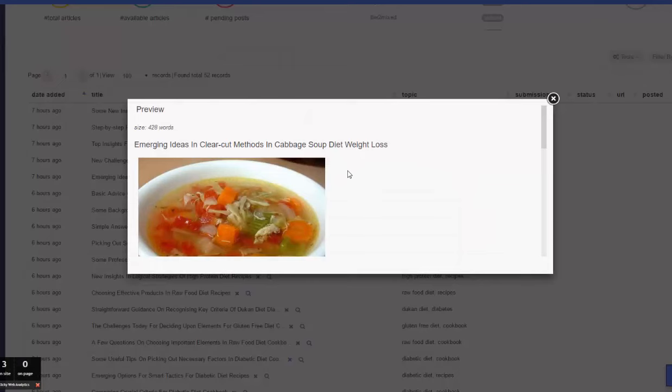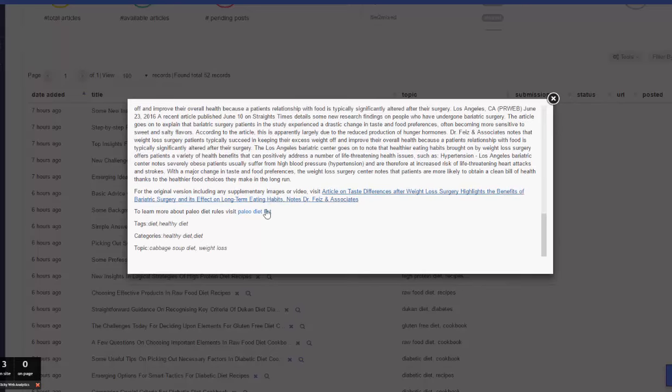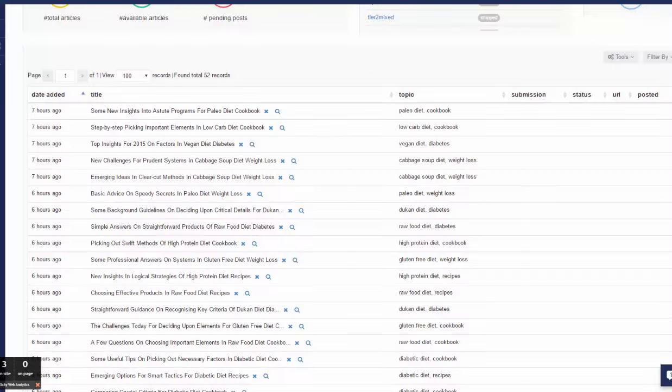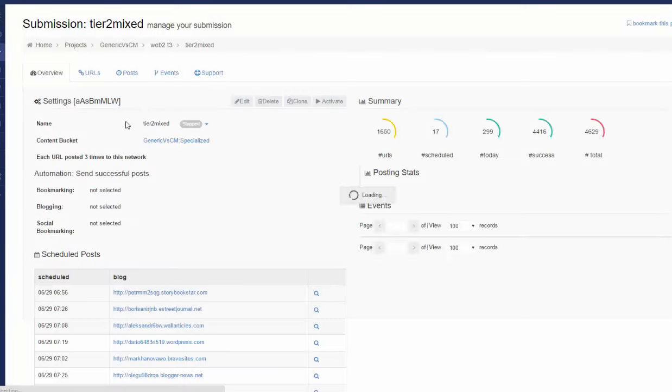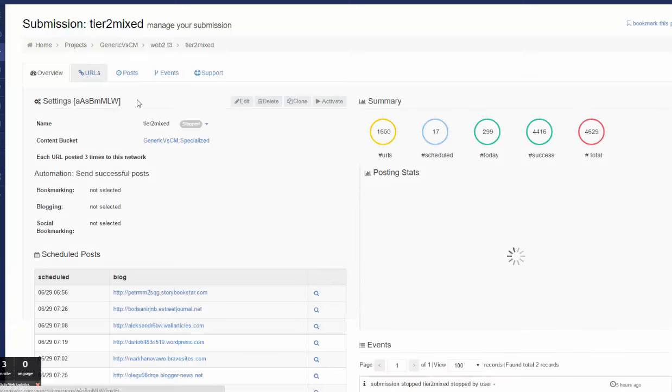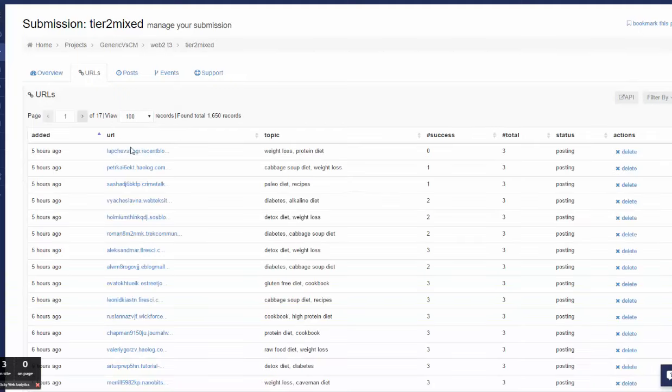And that would be cabbage soup diet, weight loss. You can see at the top that the topics were cabbage soup diet and weight loss. This is a tier 2 submission that receives links from tier 1. And if I go to URLs, you can see that the tier 1 URL has a topic of weight loss and protein diet.